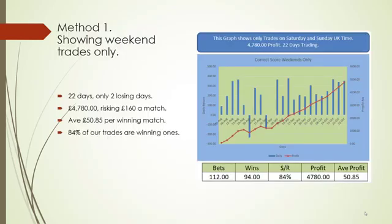This graph here is for method 1, and it shows only if you could just trade Saturday and Sunday, if that's all you wanted to do, and most of the matches are falling between Friday night and Sunday night. You can see there 22 days, only the two losing days on the 20th of August and the 3rd of September,